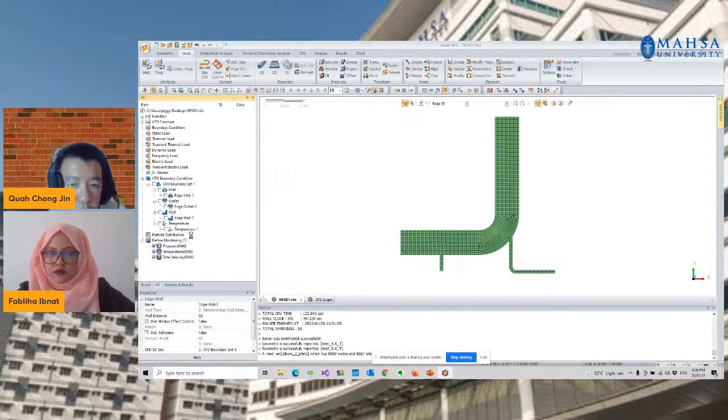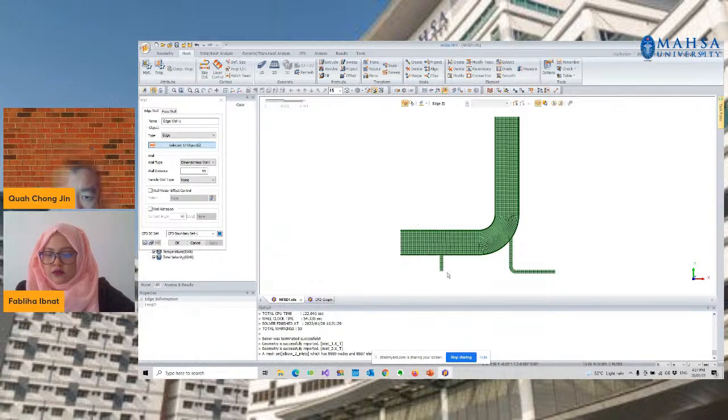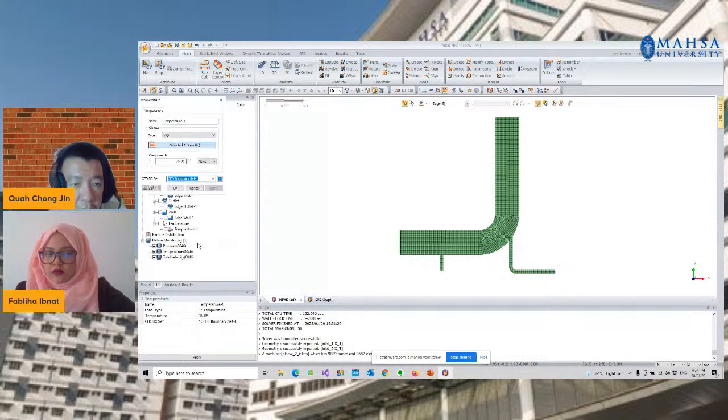Same goes for the wall. I have this wall, this wall, and also this new wall. Let's press OK, and the same goes with the temperature inlet, the first inlet.